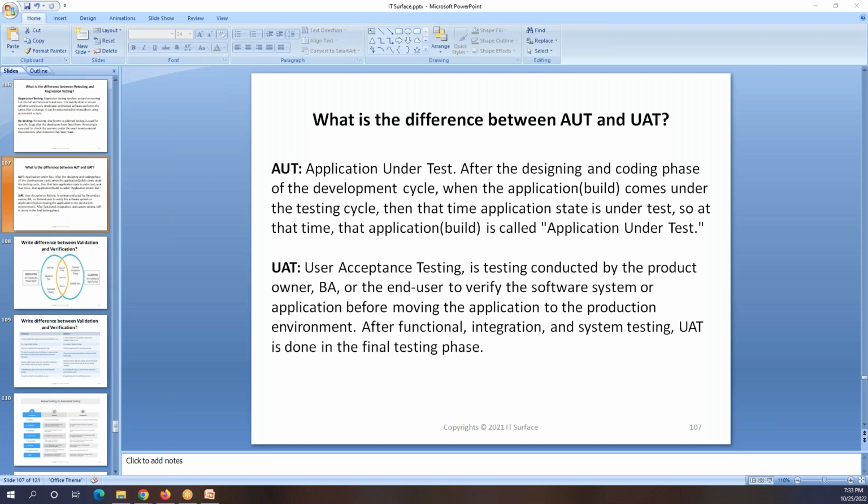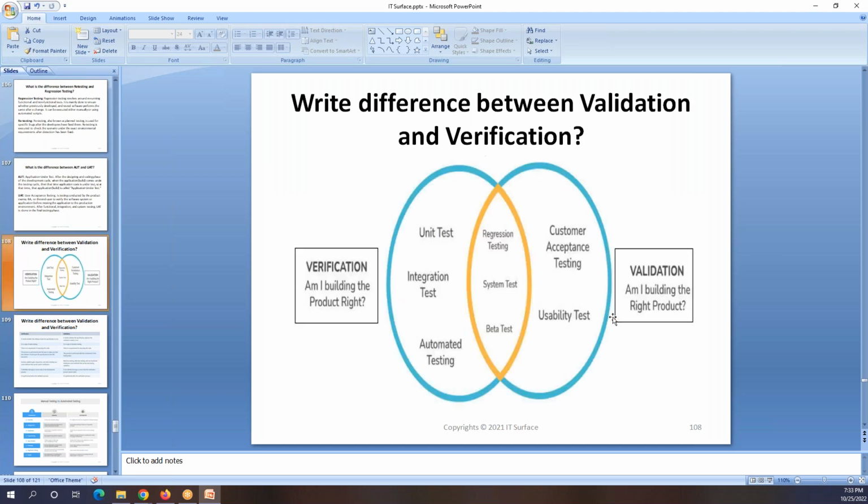Okay, sorry about that. So these are the two terms now. Here is the place where you get confused: verification and validation. It's very obvious that you will be in trouble if you get a question on what is verification and what is validation. Let's say anyone can answer this question. So let's say that